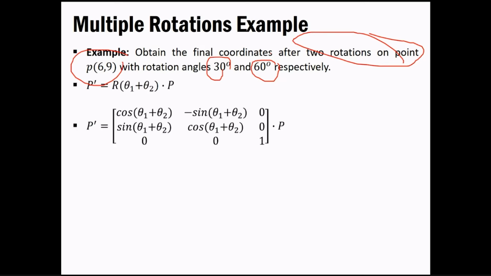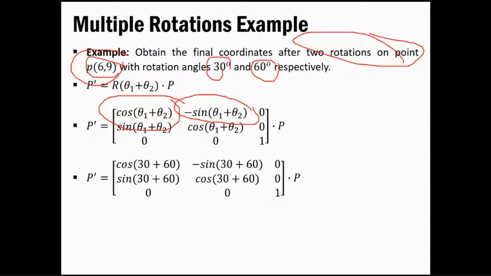We have this equation with us, that is cos of theta 1 plus theta 2. Similarly, minus sine theta 1 plus theta 2. So whatever angles are given to us, in this case it says that you have to perform two successive rotation operations on a single point, and we will represent this 6 9 again in the column vector form, and we'll put it over here. Our first angle given is 30 degree, and the second one is 60 degree, that is theta 2, and we need to add them over here. Similar thing is over here and over here, and another thing will remain the same.